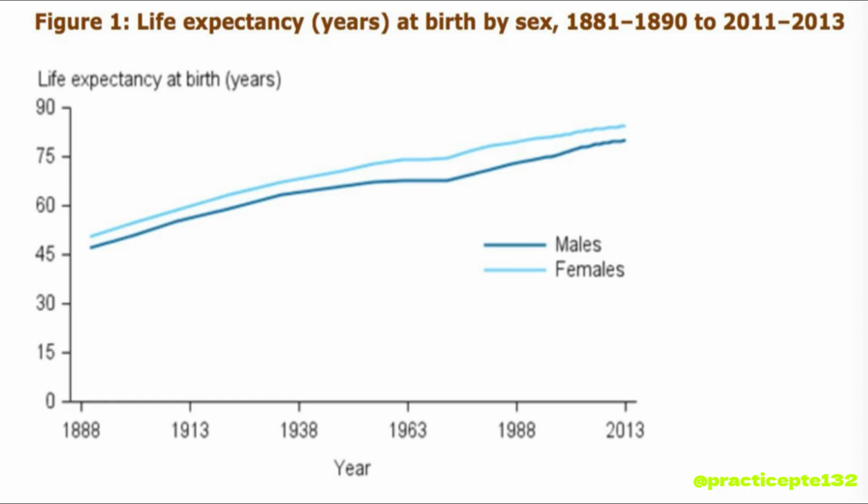The following graph gives information about life expectancy at birth by sex. The items include years, males, and females. The horizontal axis is of the year, ranging from 1888 to 2013. According to this graph, in 1888, the value of males is around 45, and that of the females is higher,